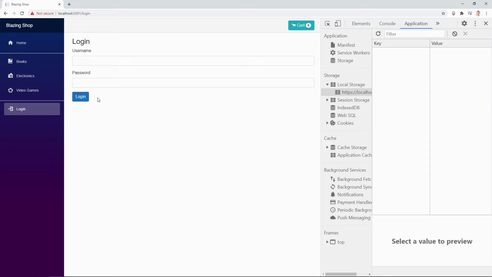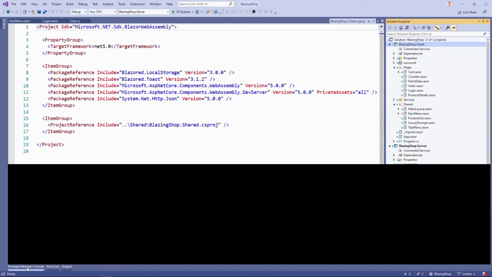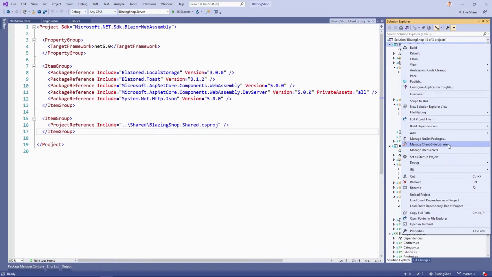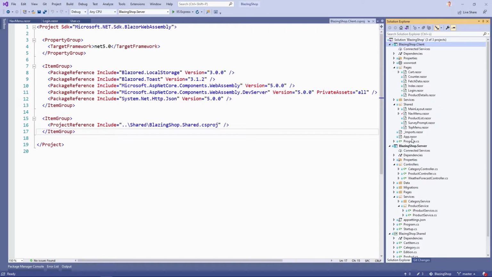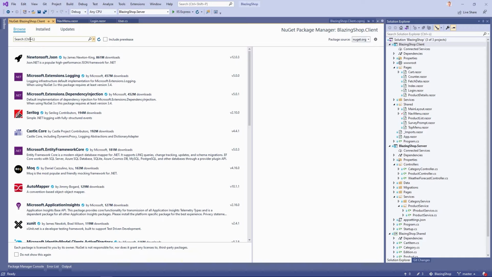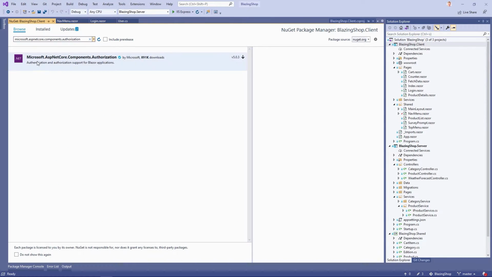All right, and now we are going to the authentication. And the very first thing to use authentication is we have to install another package. So in Visual Studio, in the client project, first we have to stop the application, and then we right click the client project, then choose manage NuGet packages. And then we want to install Microsoft. It's already there because I did it before, of course. The package is called